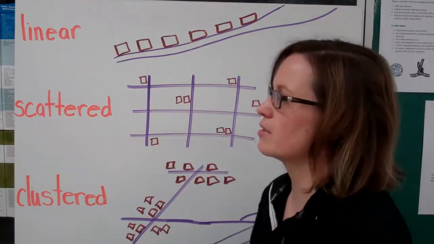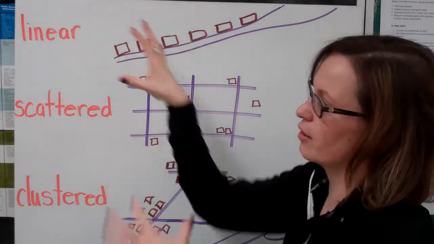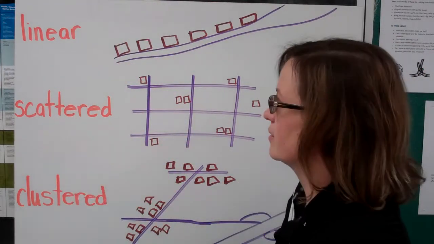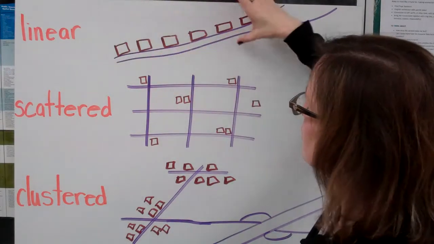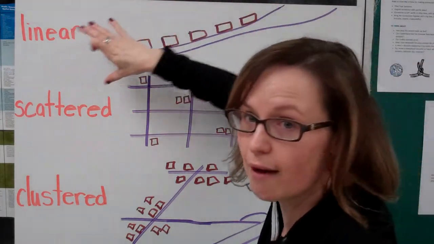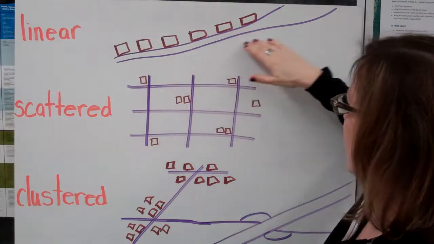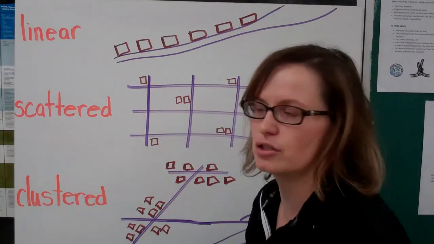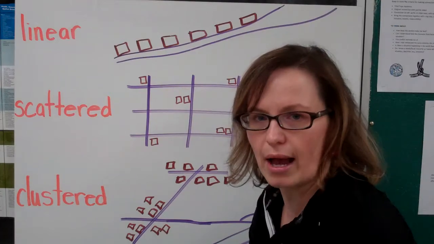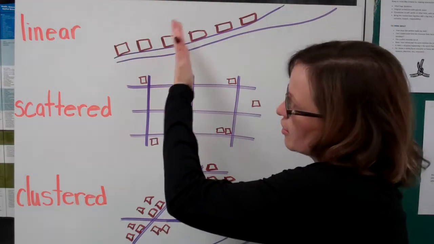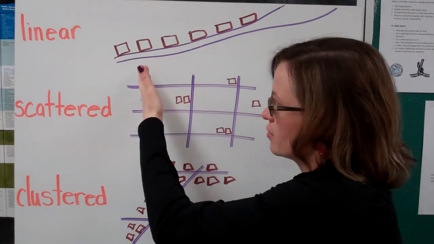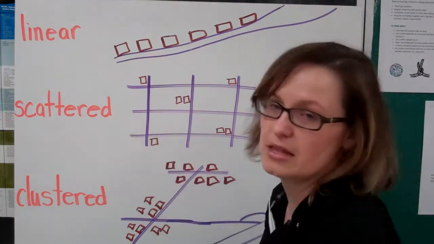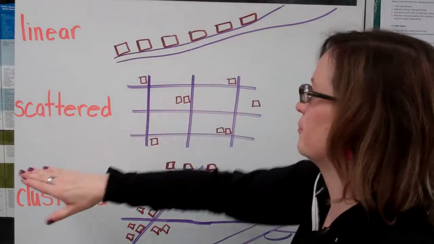So these are some examples of a settlement pattern and what I mean by their arrangement on land. So linear is where the community settles in sort of a line. And this, of course, is settled around a river. And we can think back to the original settlement of Canada around the St. Lawrence River, why communities would settle in this pattern. Because they have water as a resource, they need it for their farms, they need it to meet their basic needs. This is a linear pattern.